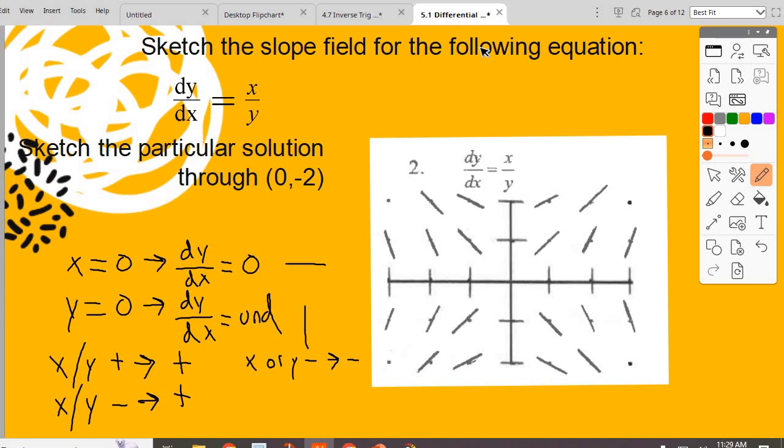Okay? And something to consider is if we were going to go through, they said, -0, -2. We would draw a point there, and again,